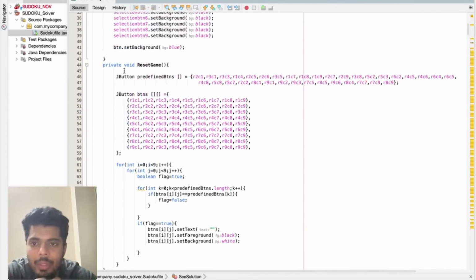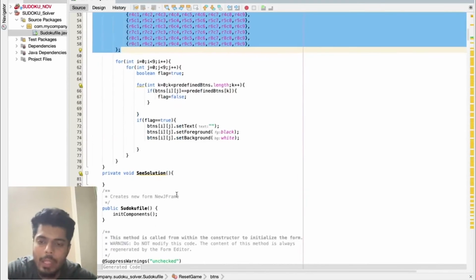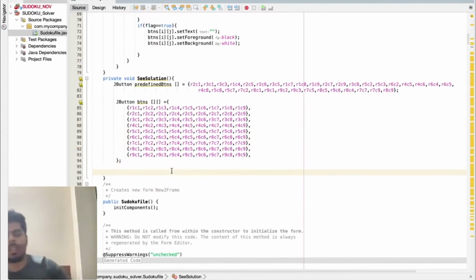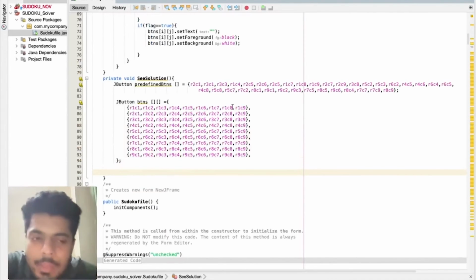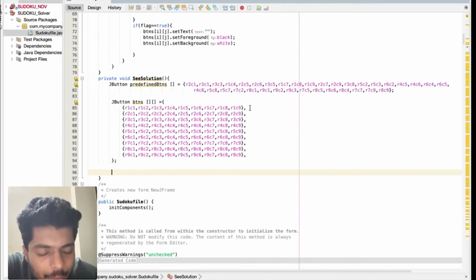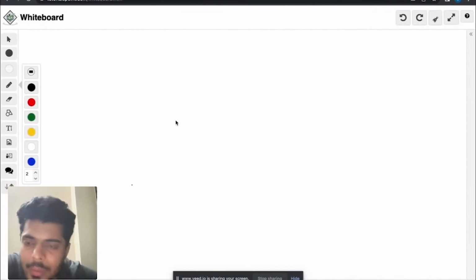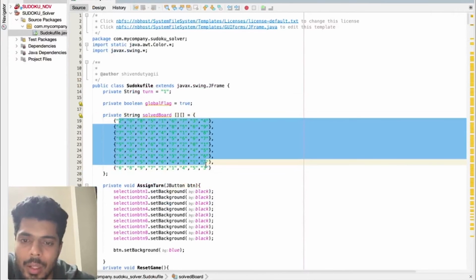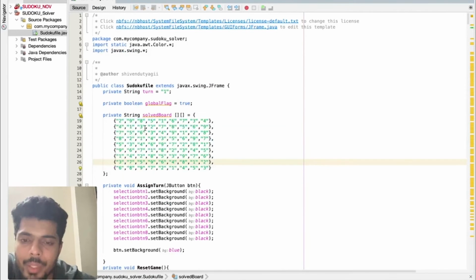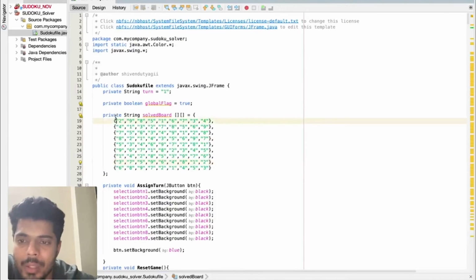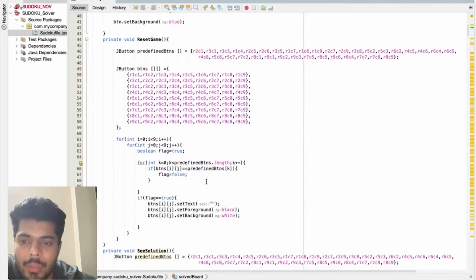Of course, for this function also we need these two arrays with us. Why we need these two arrays? Let me tell you the flow of how it's going to look. In the C solution function, we are going to check something. Also, we have this solved board, which contains every single value of the grid, whether it is pre-filled in the front end or not. Irrespective of that, it contains every single value, so we have to consider this thing also.